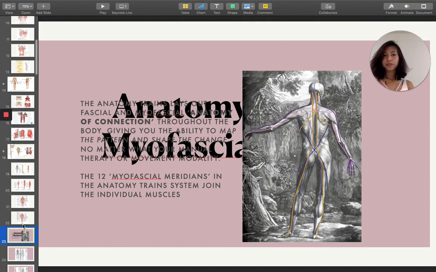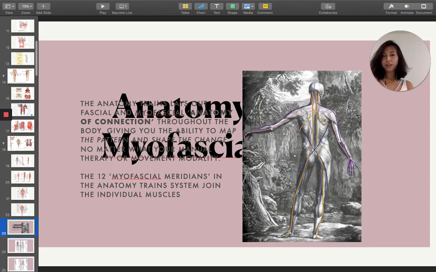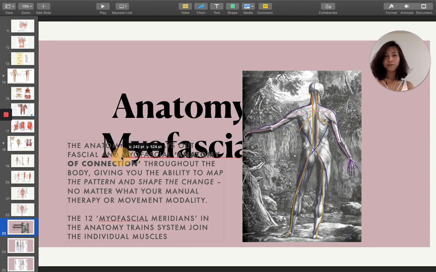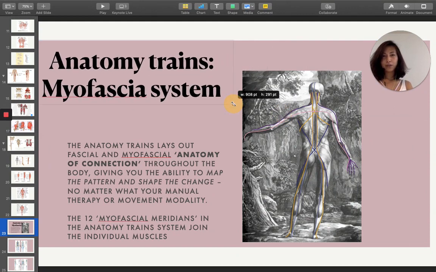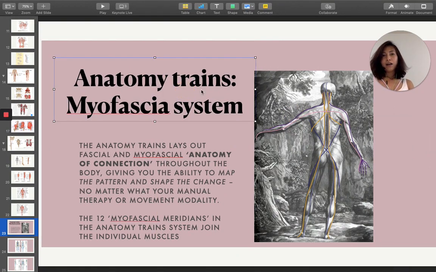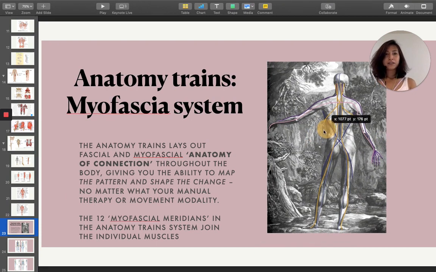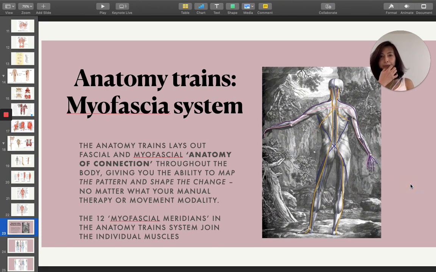Awesome! So, anatomy of the fascia. Sorry about these slides. Here I have been taking courses with Thomas Myers, and I really love his idea of the anatomy trains, which talks about the myofascial systems of our bodies. So I'm going to pause the video of these clips right now, and then the next